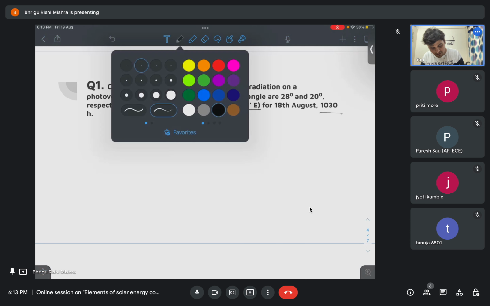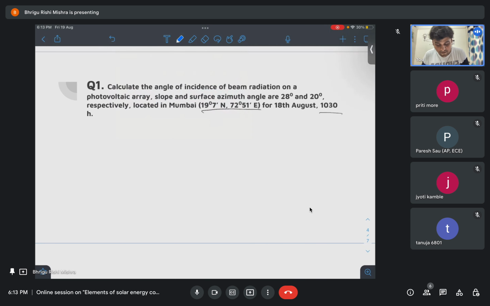So first we need the formula. The formula to calculate the angle of incidence on a particular slope. So like this is my surface, and the slope is beta. So I want to calculate the angle of incidence at which the sun is hitting this surface. So suppose this is some theta t. So the formula which was derived in the lecture, cos theta t, is